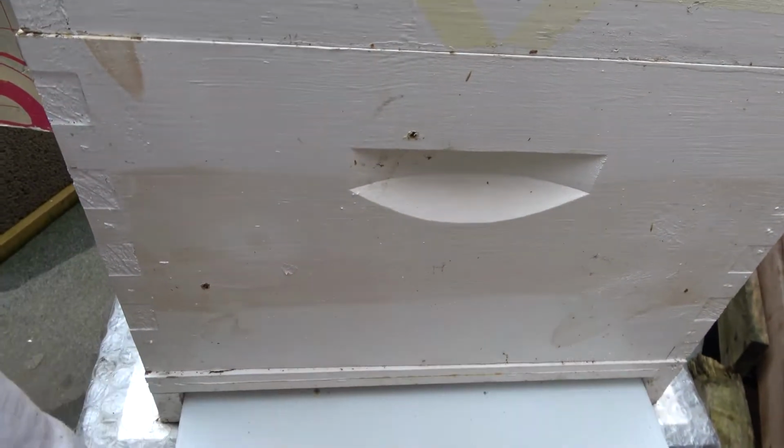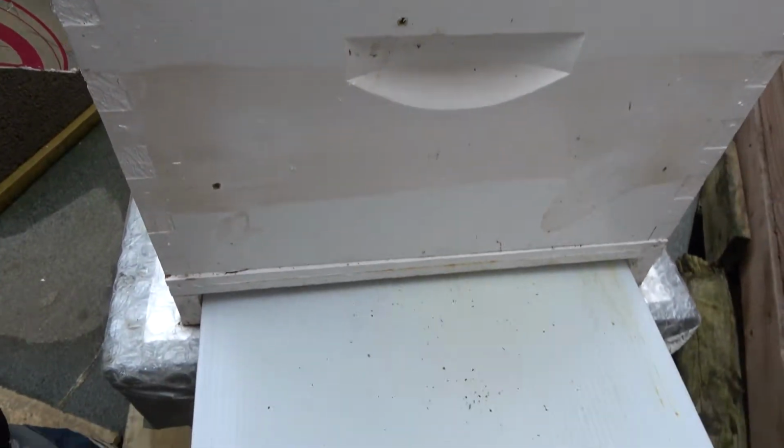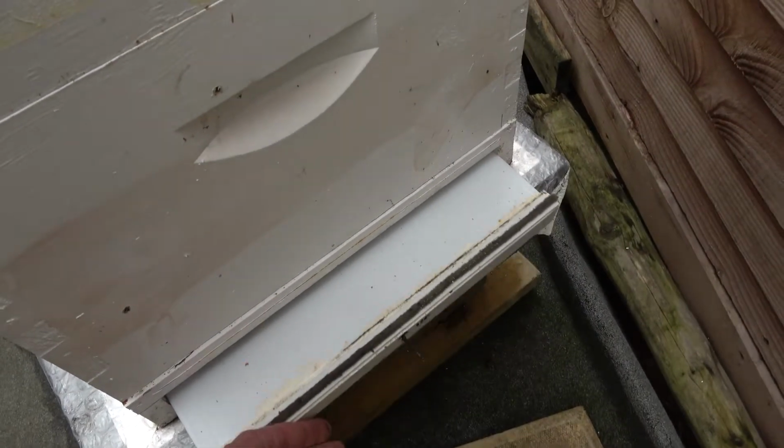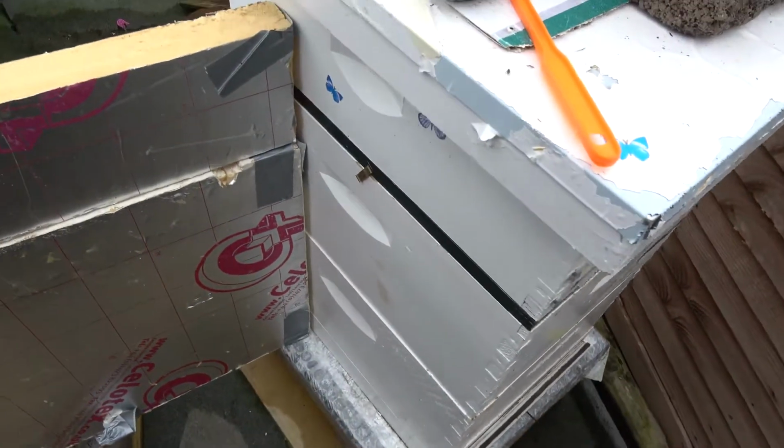And the board, I clean it every day, but you can see there's still a few mites who appear to be dead. They're not moving. But I think throughout the whole treatment, which was 2 weeks, there were at least 2,000, well, maybe 1,500 mites. So that treatment was very good